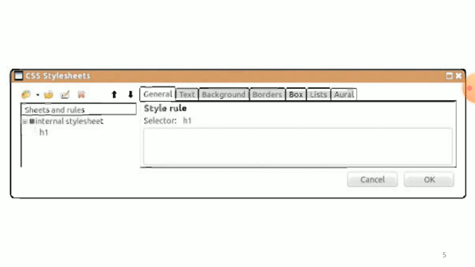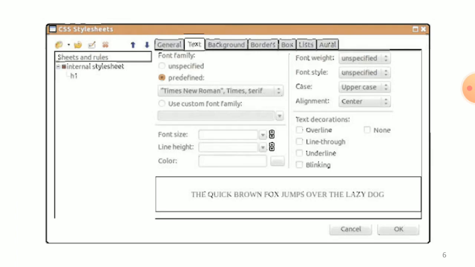Now let us create the style rules for the h1 selector. That is the CSS Style Sheets dialog box with the option for h1. Next step, select h1 in the left pane of the window and click the Text tab as shown in the figure.